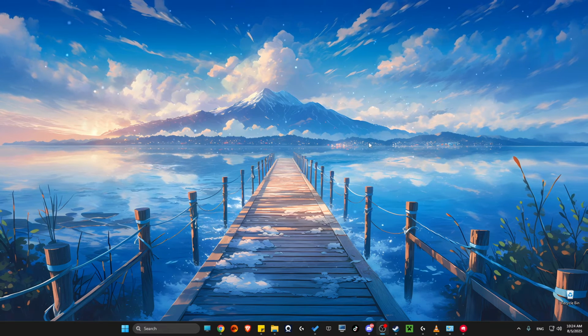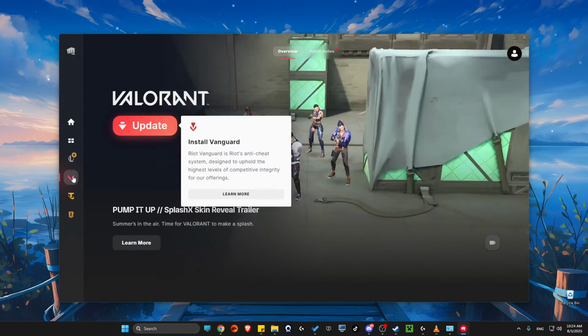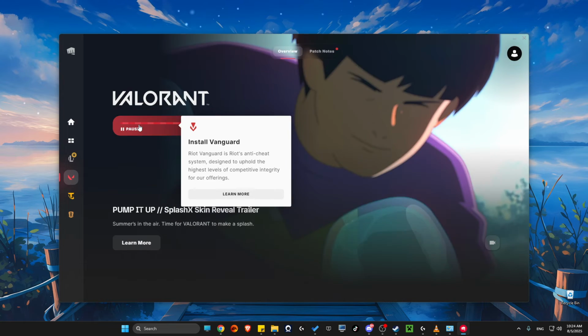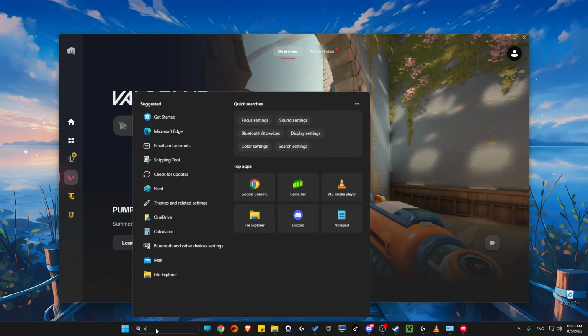After Vanguard is uninstalled, then just launch the client, go to Valorant, and then you need to press update to install Vanguard. After the install process is done, then go to services,